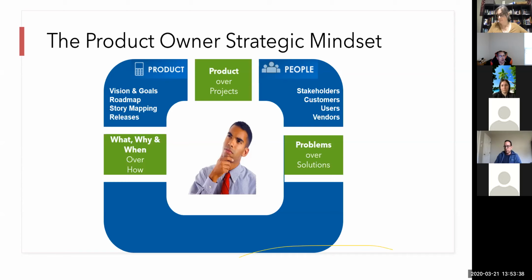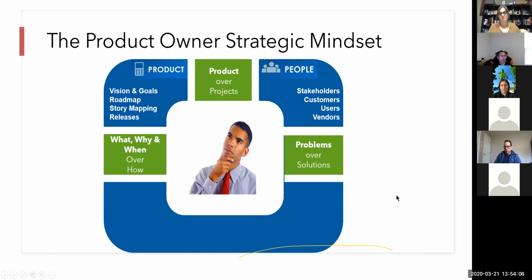And where's that coming from? What makes you not want to talk to vendors, but maybe what makes you want to talk to customers, or maybe end users, but not stakeholders? So kind of probing and let them figure out how who they speak with or talk to influences how they act and how they communicate, and try to get them to understand different ways that they could actually change their approach to speaking with other